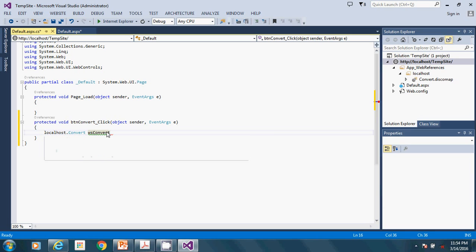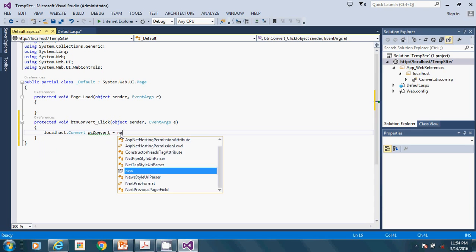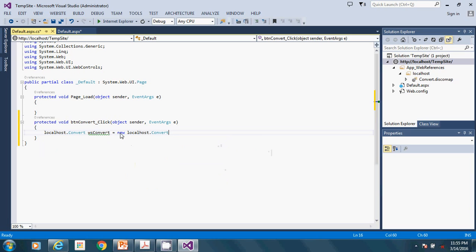What it means is that this ws convert, right, is the web class, a class that contains the methods, equals new localhost.convert. Okay. So after creating this, we can now say create